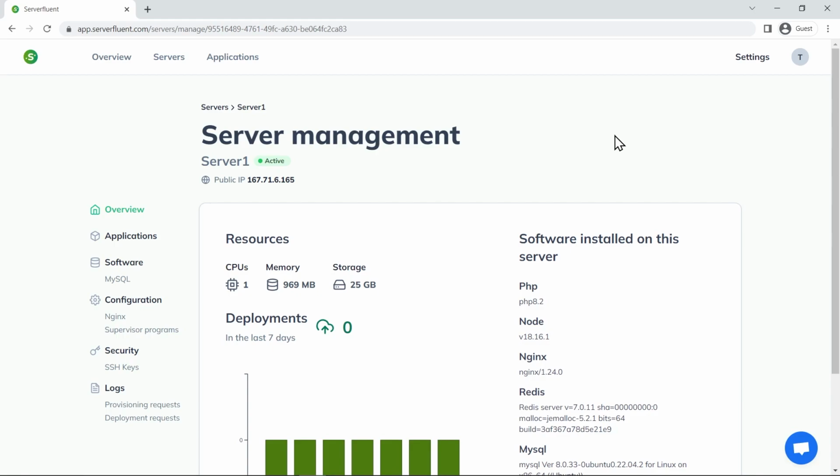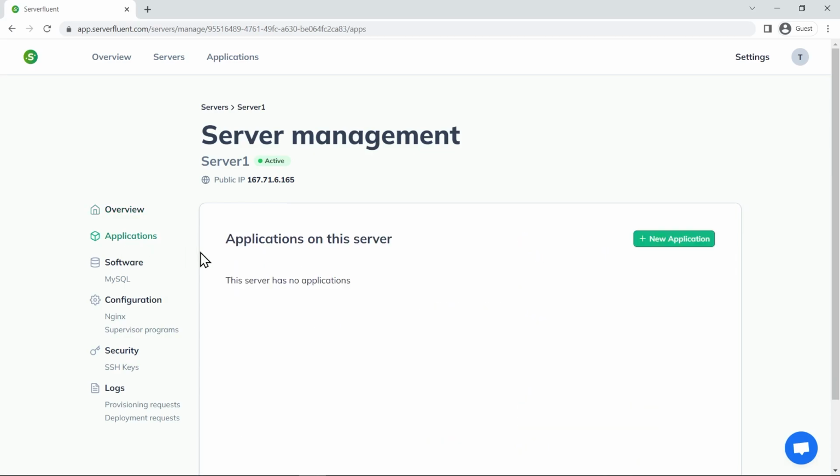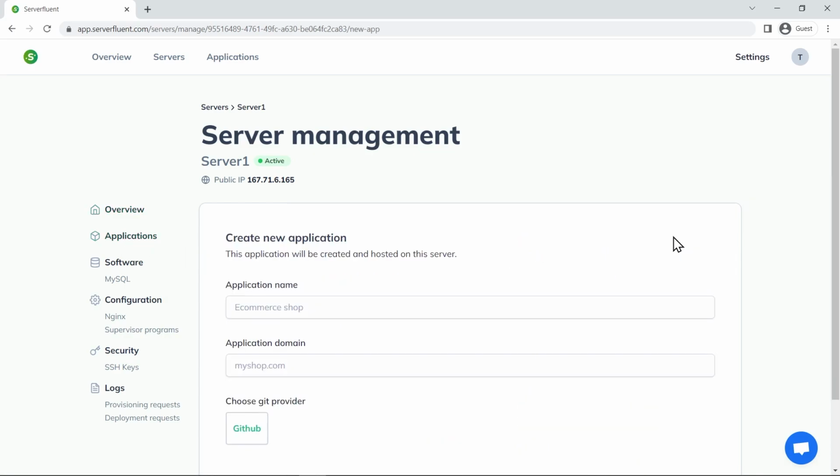Once our server is provisioned, we can start creating and deploying applications on it. Let's go ahead and go to the Applications page and click on the New Application button. Let's give our application a name. I will go for Admin Dashboard Test. For application domain, I will enter